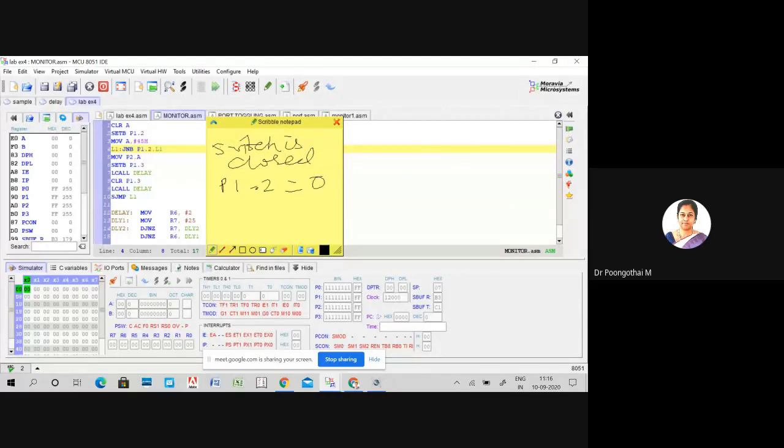So reverse logic, again reverse logic: when the switch is closed, port 1.2 holds 0 value. Suppose your switch is open, in that case P1.2 is equal to 1. Is that clear?